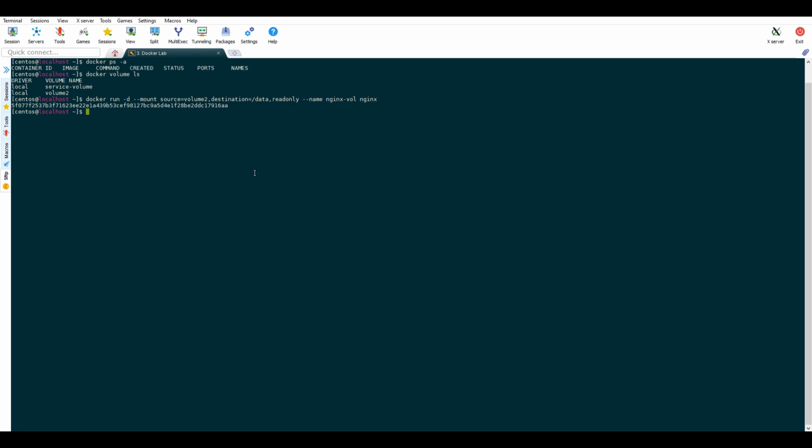Here we have created a container, nginx-vol, and now we get into the container shell and try to write a file on the mounted volume.